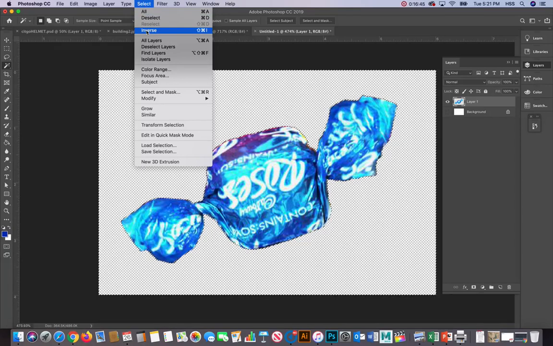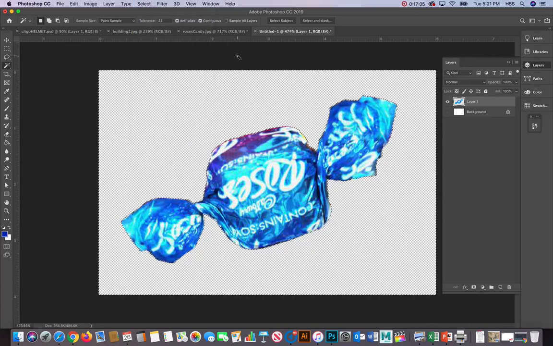Every time you use a menu, if you look over to the right, after you find what you want to do, you notice it's got a key code here. It says Shift Command I. So I will get the same results if I want to inverse the selection by clicking on this button right here, or if I hit Command Shift I, and it did the same thing. Now I've got the